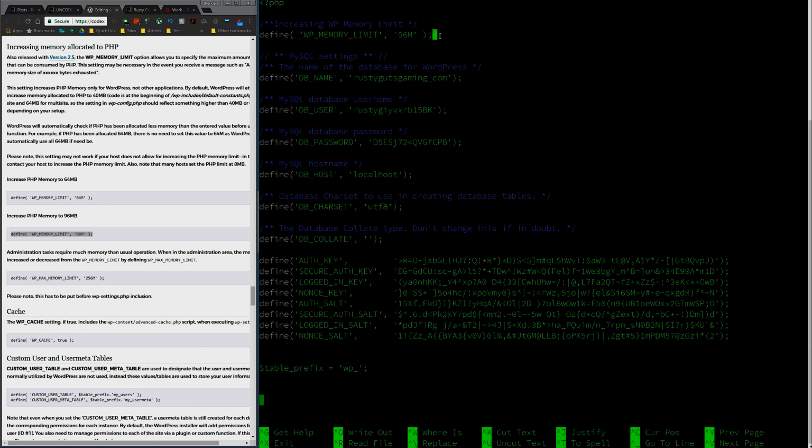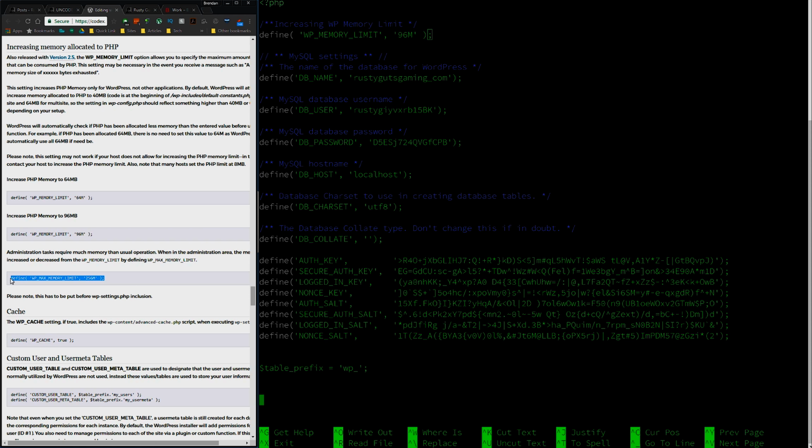So in the case of maybe you're using Visual Composer or lots of plugins, you would need a lot of WordPress memory, and you could come up to boundaries in the future where you're running out of memory. So I'm just going to go ahead and give myself a safe amount of space, 96 megabytes of memory,